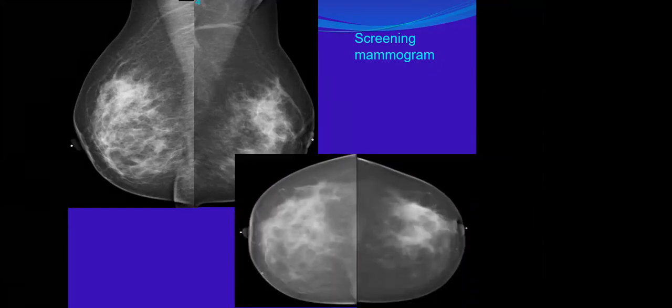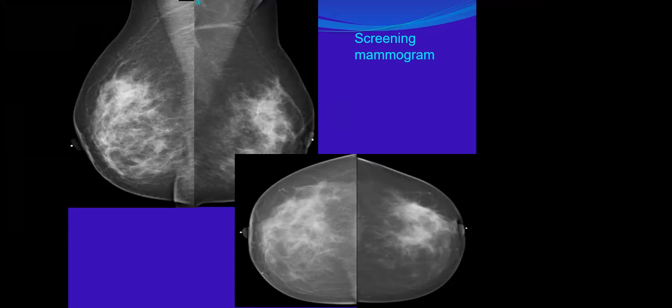Okay, this is the other view. So yes, there is. Do you change your mind or not? The abnormal finding, which side? Finding on the left side. Left upper outer quadrant. Left, yes, upper outer. There is an asymmetry associated with